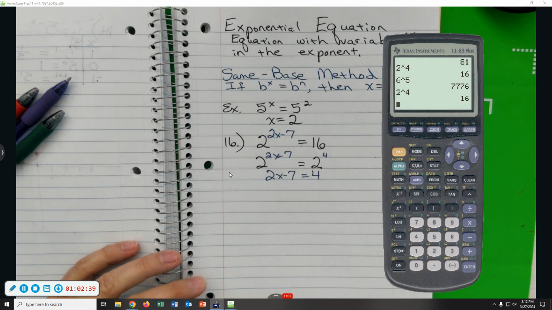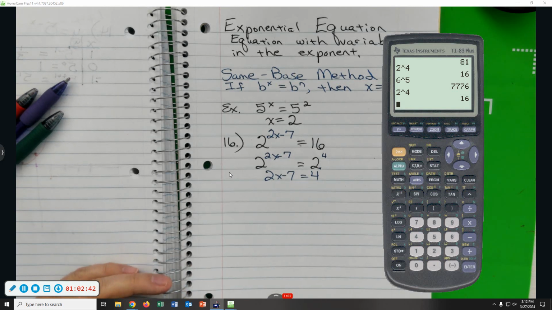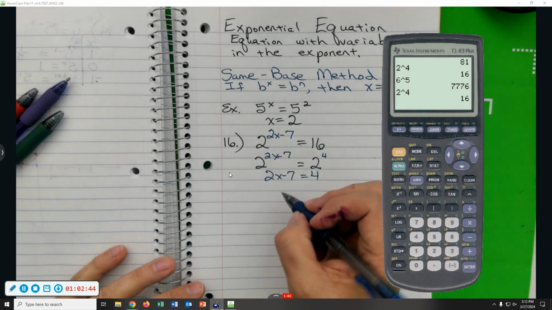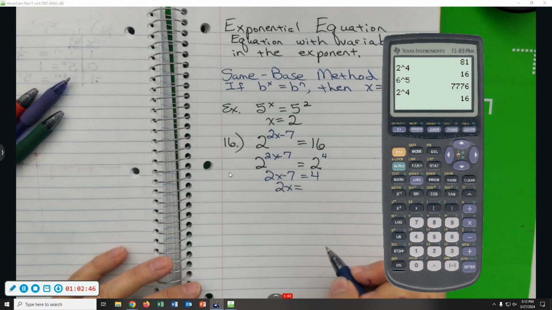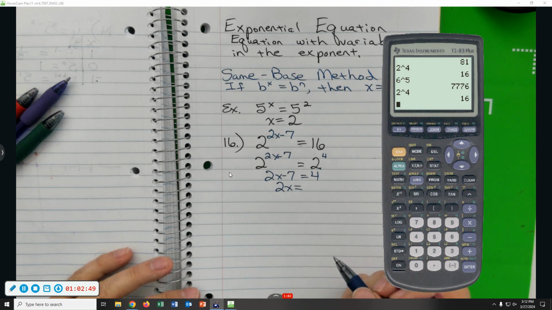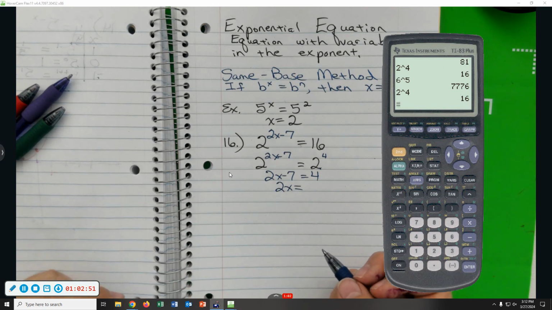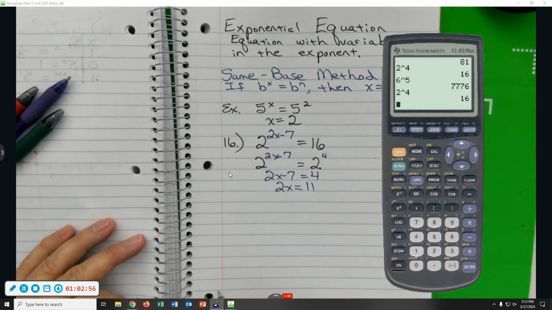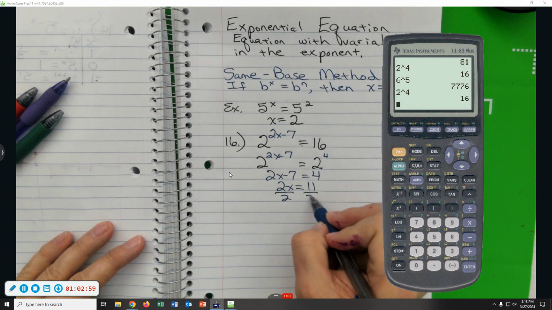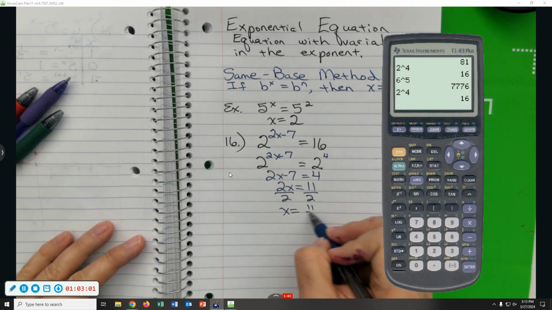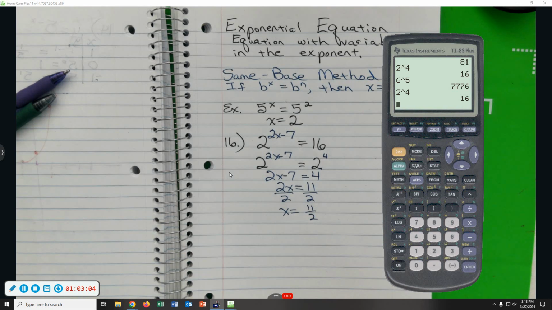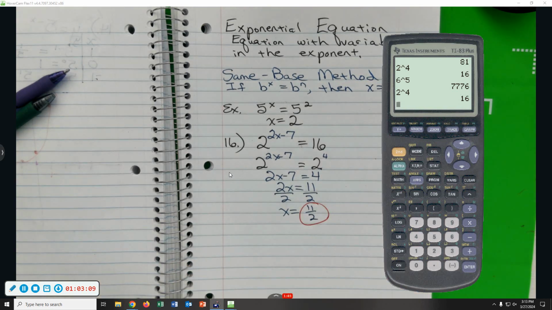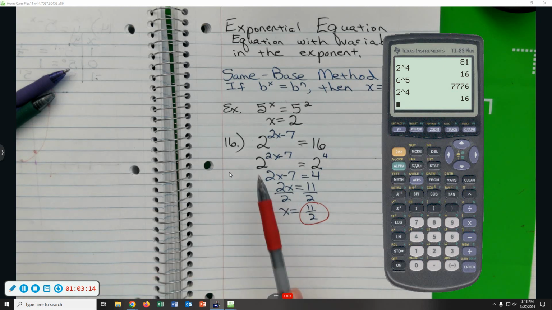What am I going to do first? I can't hear you. I agree, to give us 2x equals... I'm waiting. 11. And then, okay, to give us x equals 11 over 2. For my final answer. You are going to have to use what you know about exponents to get the same